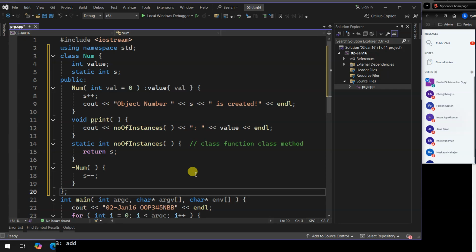And what I do is add 1 to the value of s when the object is created, and reduce s by 1 when it is destroyed. Like that, I am capable of seeing how many objects of type num are created, because statics are created once, and they're not created again.